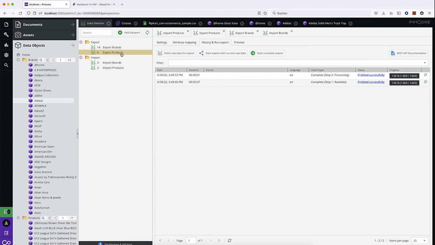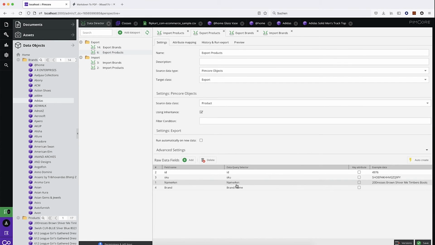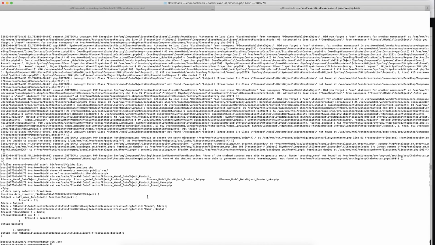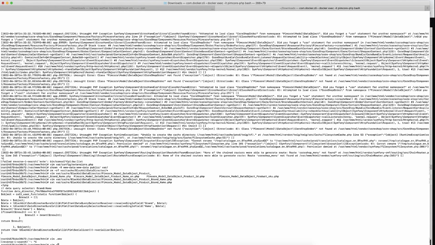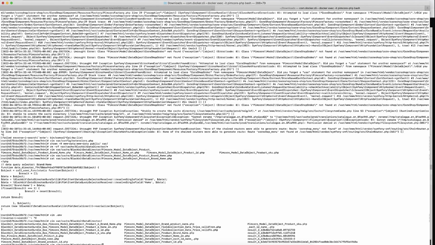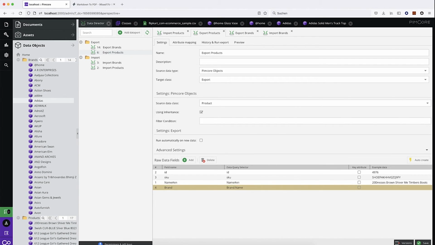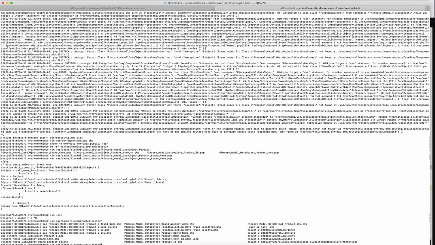First, I'd like to show you how those data query selectors work under the hood. So in this case, I'd like to show you how they get transpiled to PHP code. Let me have a look. In Varcache Blackbit data director, there are the transpiled functions, and if you even want to debug something, this is also a good point,